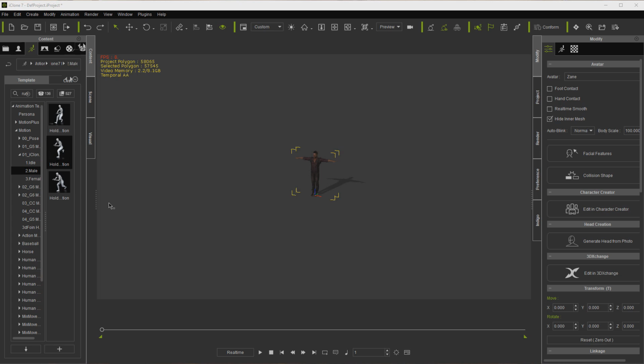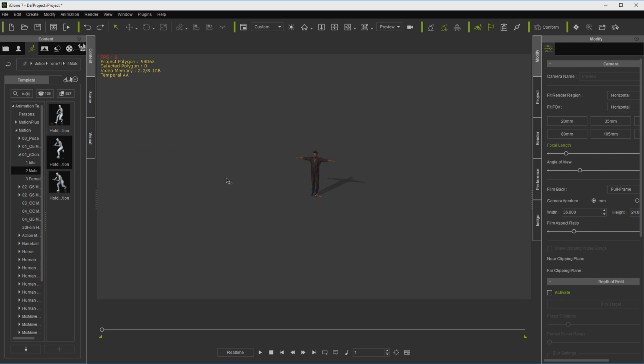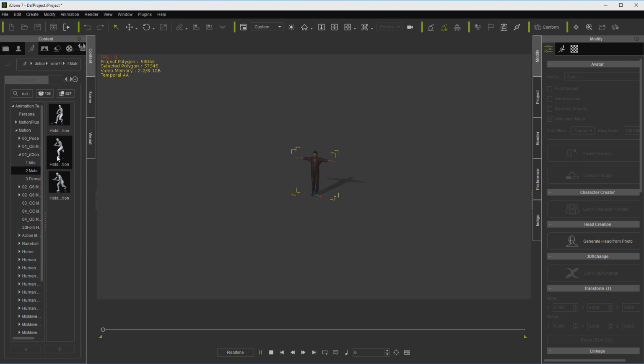Previously, we've looked at stacking motions for forward movement and some of the problems you can run into. Those problems revolve around these settings right here. What is checked? Align actor motion, reset motion root, and align to actor orientation. Now, one of the problems we had was keeping it in a straight line. And when all of those are checked like they are, I'm going to go ahead and load this twice. You'll notice that he does not stay in a straight line.